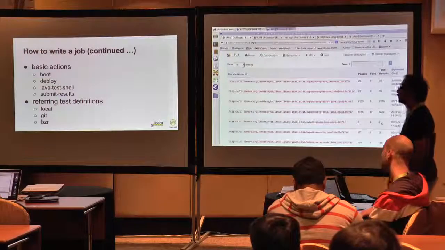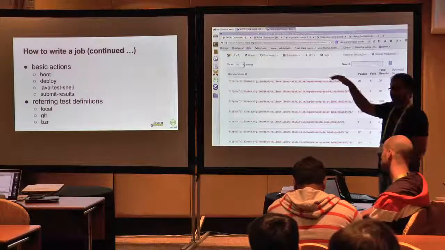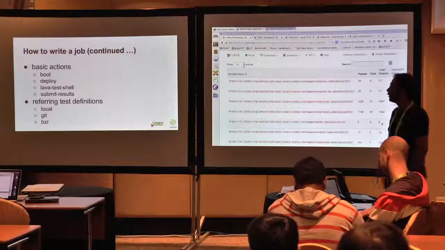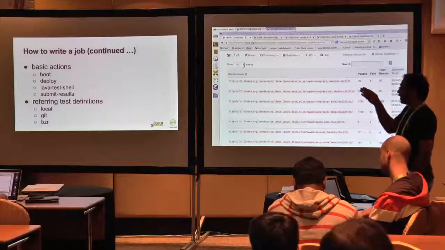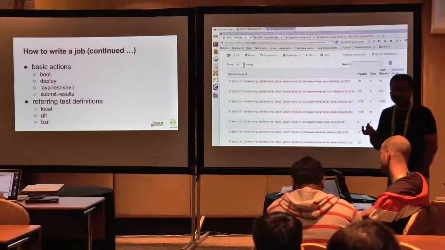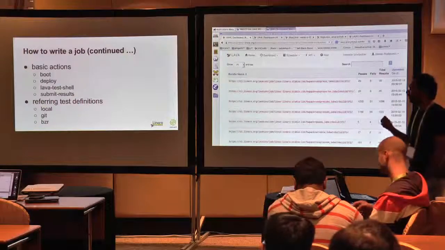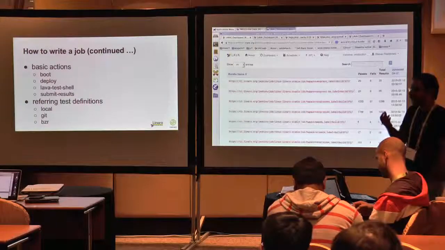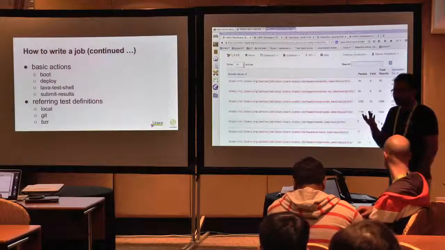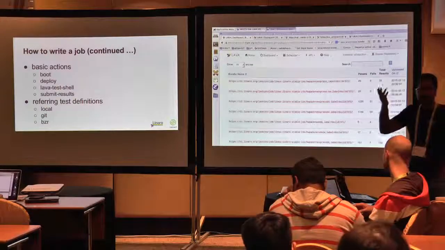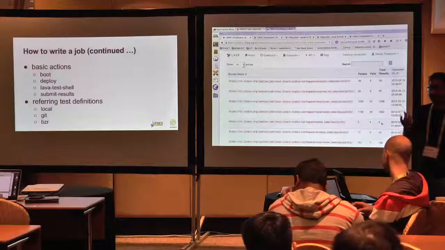And so what are the actions which are supported in Lava? Sorry, in your job. So the basic actions are like boot. So something which we want to boot. For example, you deploy your image and then you want to boot something, or you have something already deployed and you just want to do a boot test.